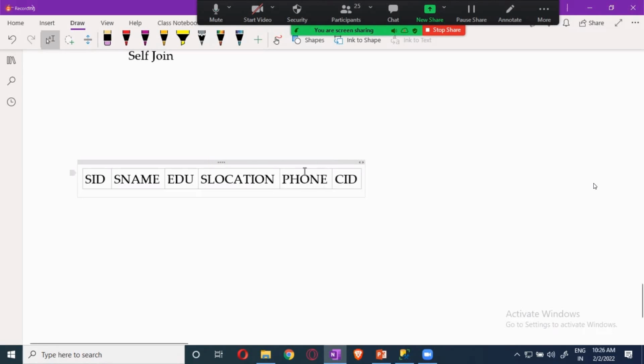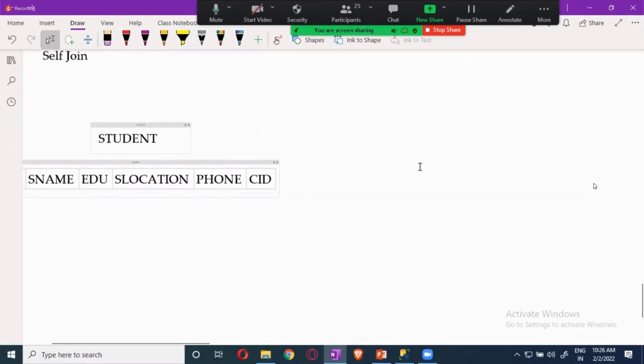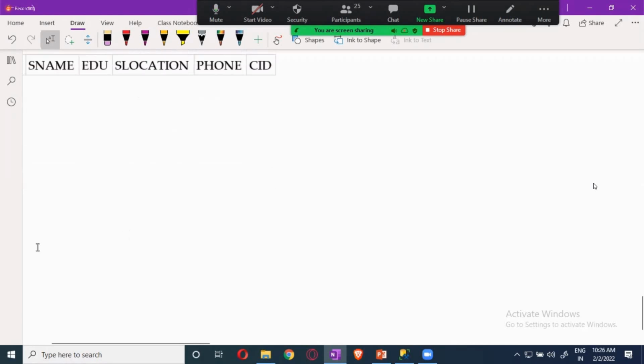Okay, now these are some of the details with the student. Now this is one table. What table is it? Student table. It is completely the student table. Next, I will keep one more table which deals with...